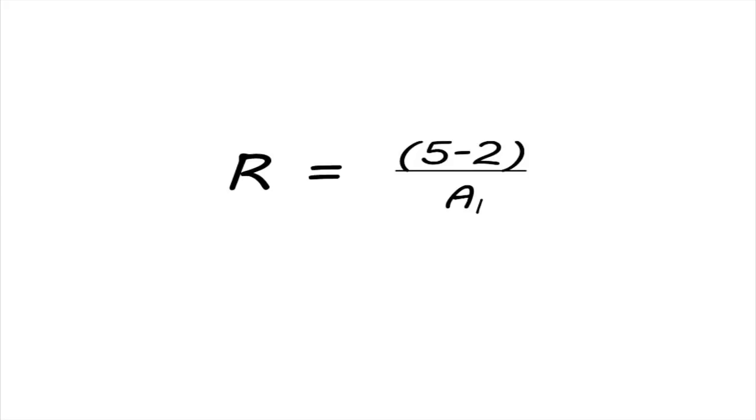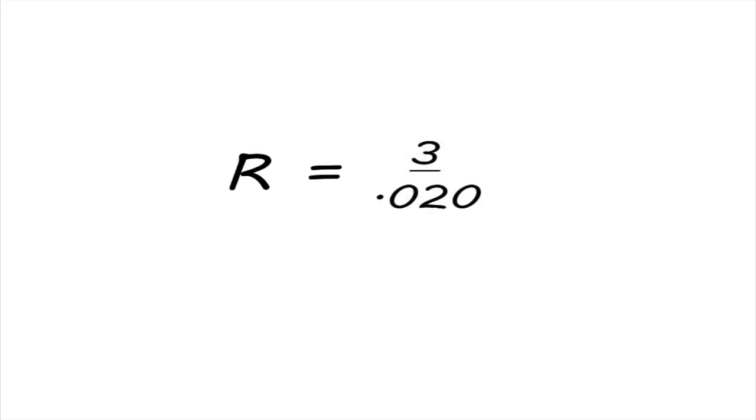So the top number I have is 5 minus 2, which of course is 3. So our resistance equals 3 divided by the amperage that our LED can handle. In my case, my LEDs call for a max amperage of 20 milliamps. Now a milliamp is a thousandth of an amp, so 1 milliamp would be represented in decimals as 0.001. 20 milliamps would be represented by